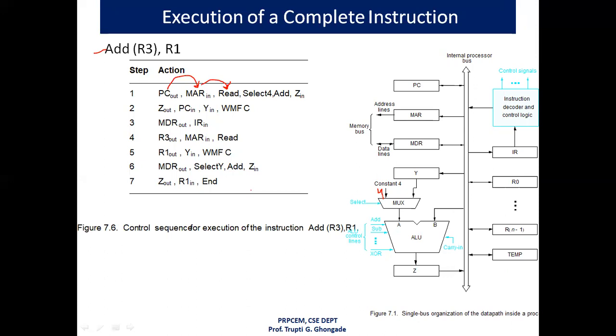So the first input A will be 4, and now this 4 will be added to the operand at input B, which is the contents of the PC. Now this PC is connected to the internal processor bus. Now we will see how this will happen.